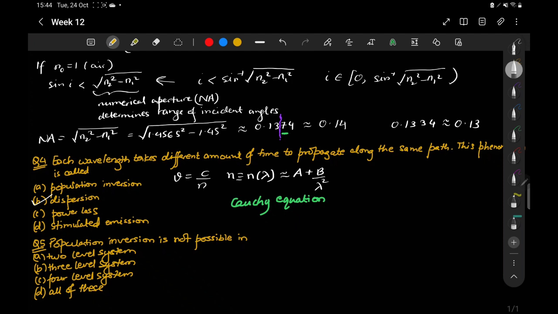The correct option is option A, two level system. Oh, sorry, let me change the color of my pen. You cannot achieve population inversion in a two level system. So, you cannot have a laser having two level system. And let me draw a two level system. So the energy for this level is, let's say, E1. For the higher energy it is E2, which is greater than E1, and there will be some atoms N1 in the E1 state, some atoms N2 in the E2 state,